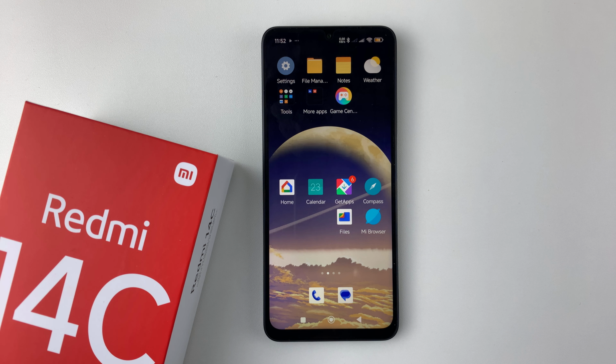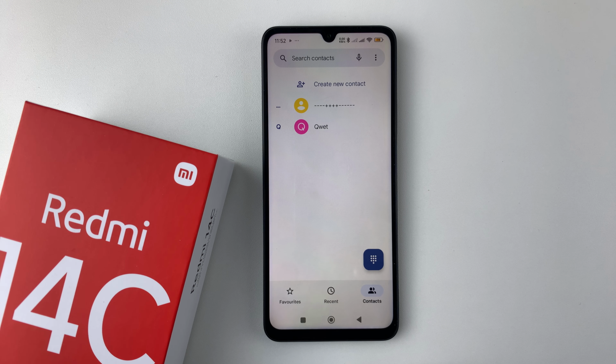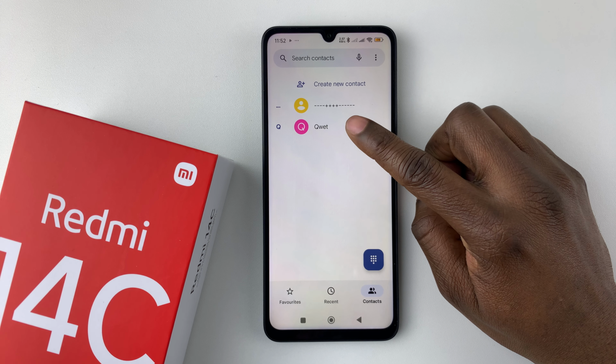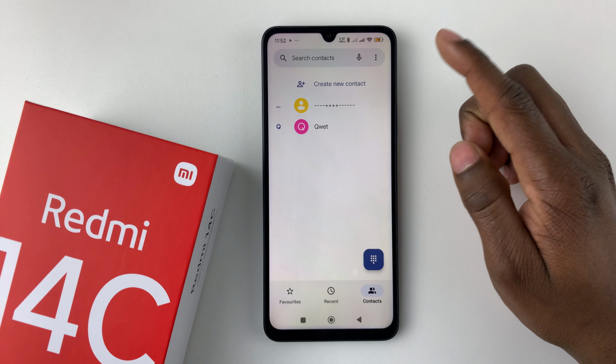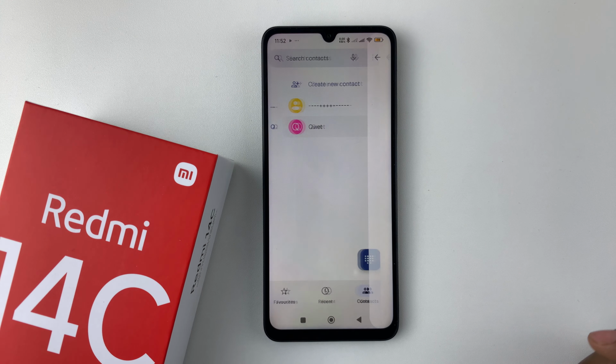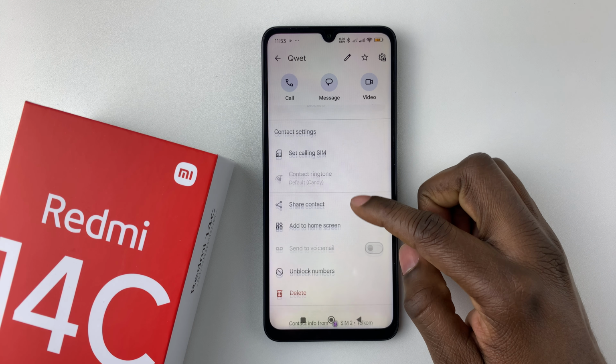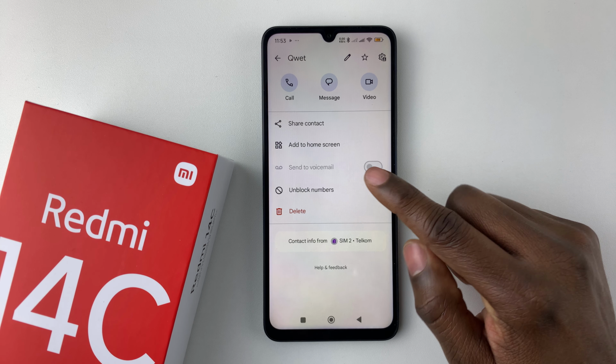It's pretty simple. All you have to do is open the phone application on your device, and then within the phone app, find the contact that you'd like to unblock. So let's say for instance this particular contact that you blocked and you'd like to unblock. You can select it. Now within the contact details, scroll down until you find the option unblock numbers, and then